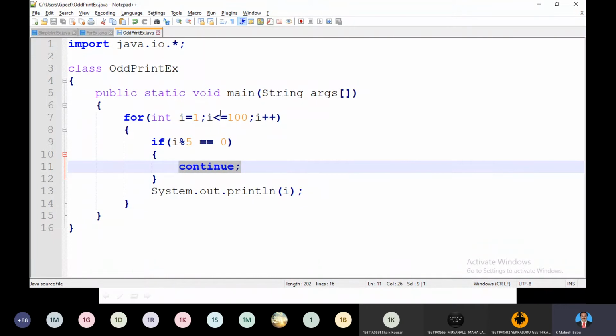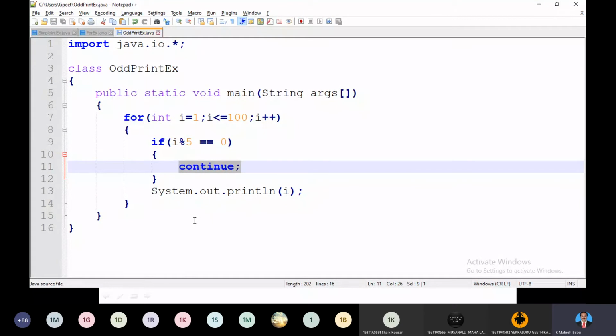I becomes 6, 6 moves to the condition, 6 less than 100. It moves to the next, 6 prints on the screen, 7, 8, 9, 10. So whenever 10 modulus 5 becomes 0 again, not 9, not 8, not 7, but when it is 10, it becomes 0 again and comes back here. We are ignoring the printing of the value of 10, moving to the next iteration, right? Now it becomes 11 and so on continuously.